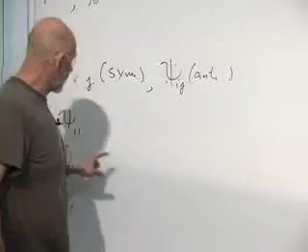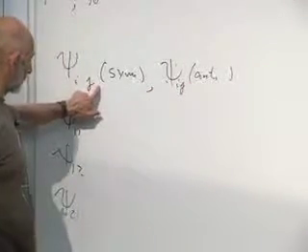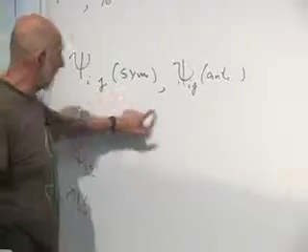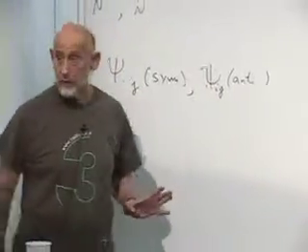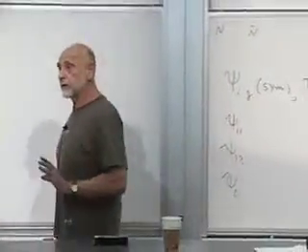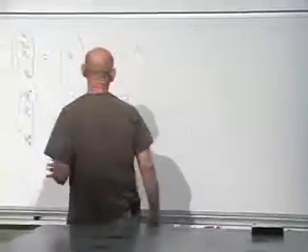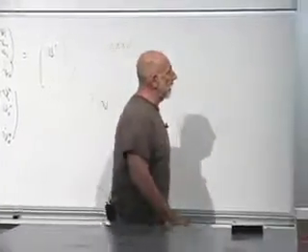This is usually a smaller representation than this one. Psi ij symmetric and psi ij antisymmetric. And those are 2 distinct representations. Okay? So the next thing we have